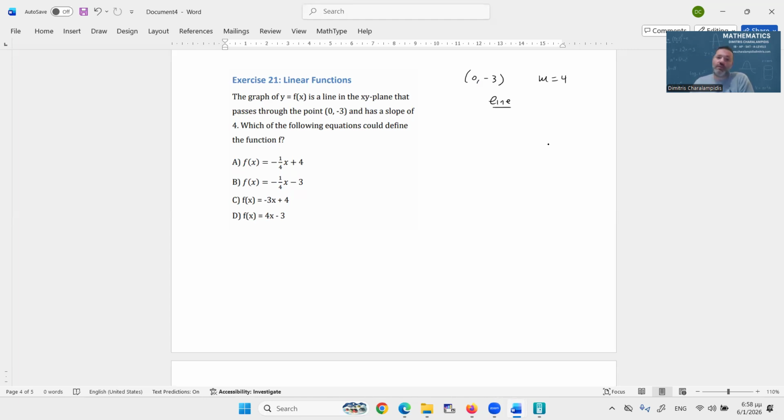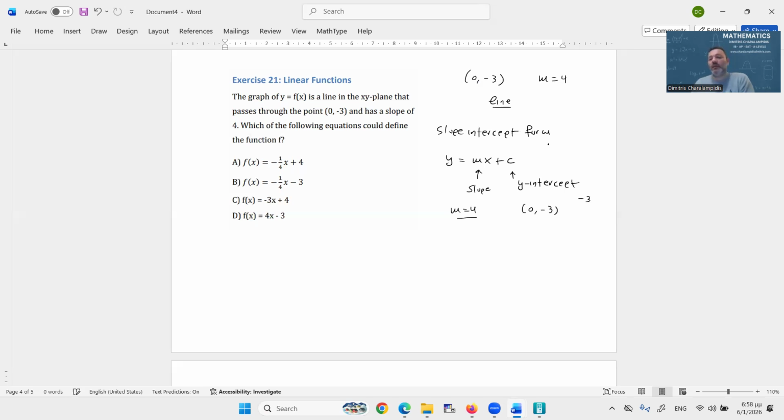We also know that one of the forms that a line could be written in is the slope-intercept form, which is the form y equals mx plus c. And the reason we call this form slope-intercept is because this is the slope and this is the y-intercept. So, based on the given information, m is 4, we know that, and the y-intercept, it's -3